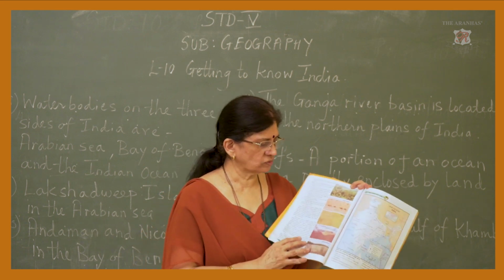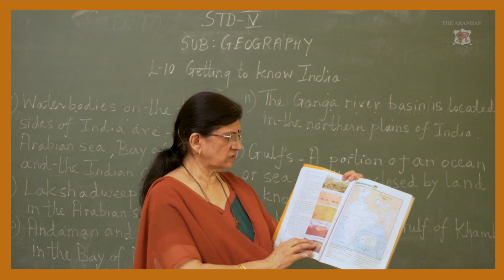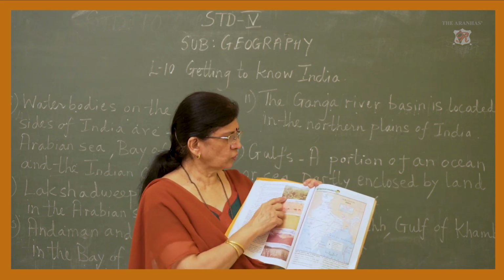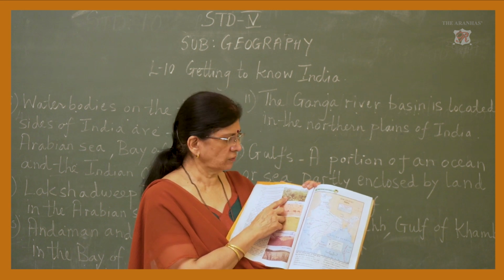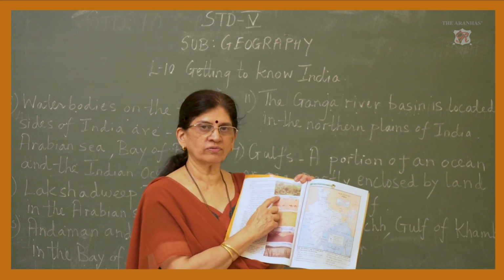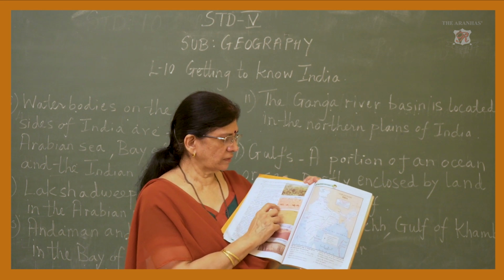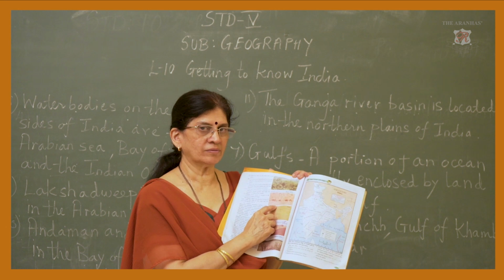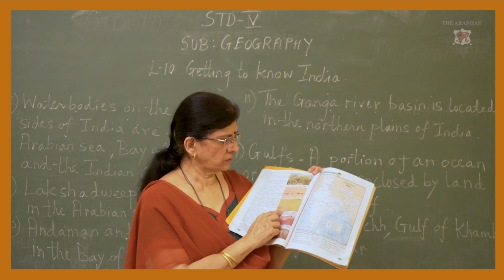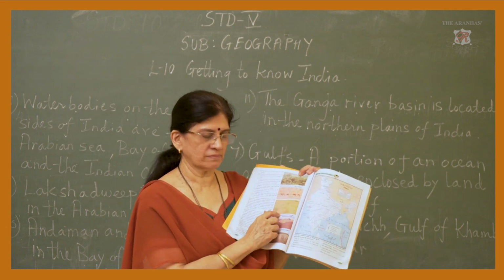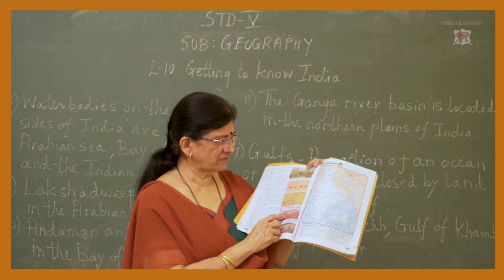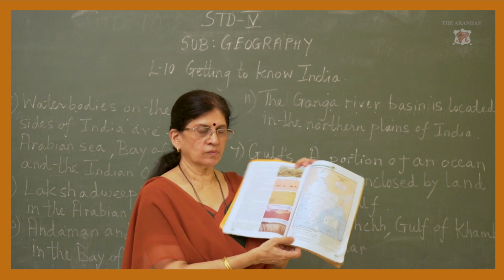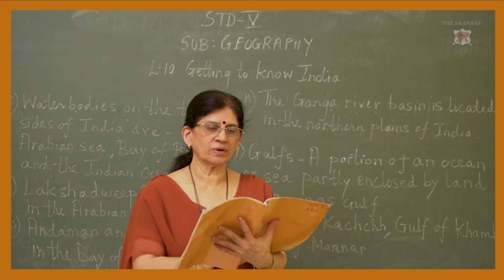Now here again they have shown some pictures. See, there is a lot of diversity in our country. You have the forest region where different kinds of wildlife are seen. Then the desert region, where the camel is the main animal. Then here we have the plains, the mountainous region and the marshy region. So have you understood this much, children?